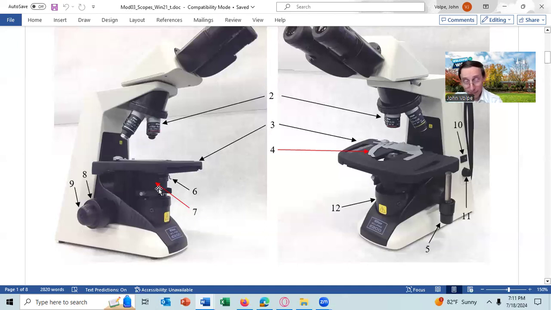It simply focuses the beam of light coming from the lamp into a cone to come to where you're viewing. And you want to adjust the iris diaphragm to change the size of that cone of light coming up to your specimen. So for best illumination, meaning using Kohler illumination, you want the size of the beam of light coming up through where your slide is to be equal to the size of your field of view under the